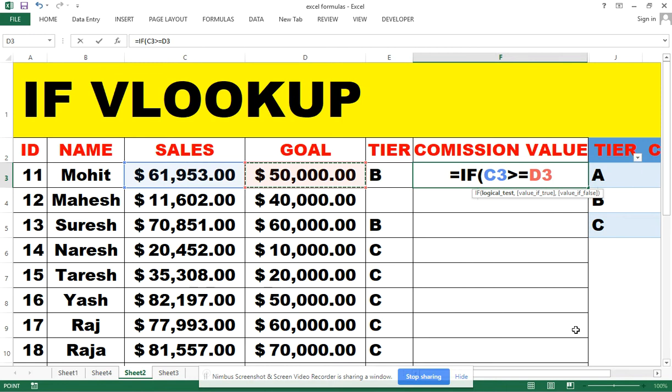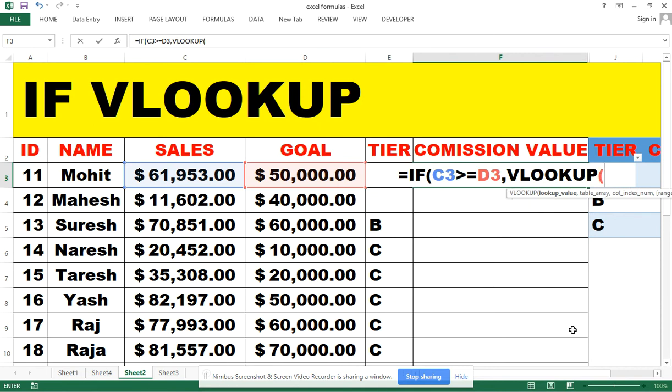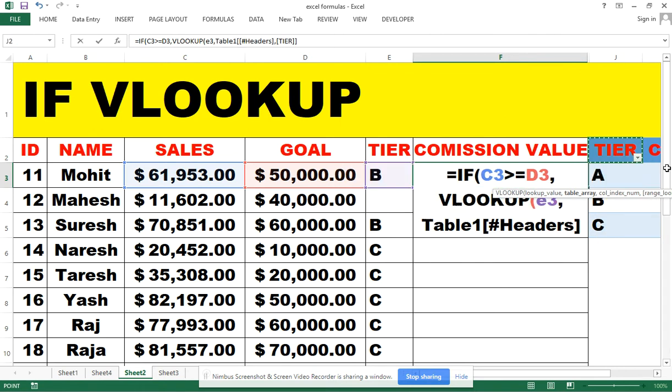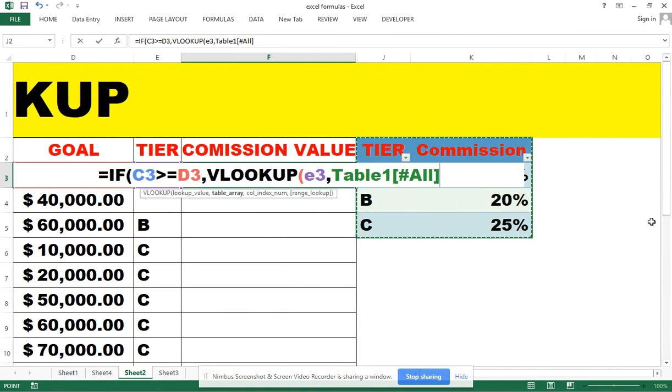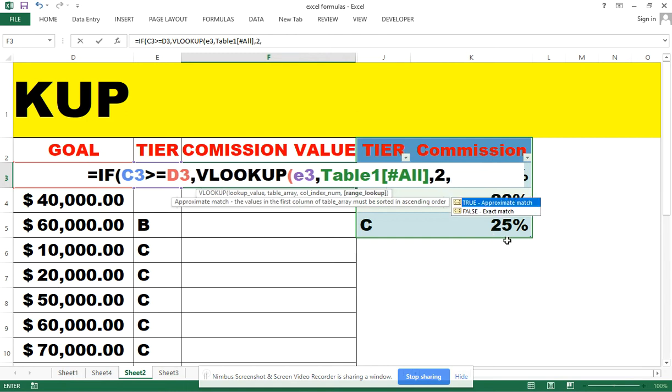Then fetch the value, VLOOKUP, this tier value E3, comma, this table array, comma, now this second column, from this table array we will take the second column, comma 0,